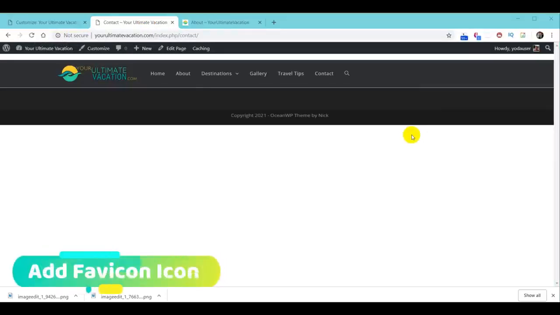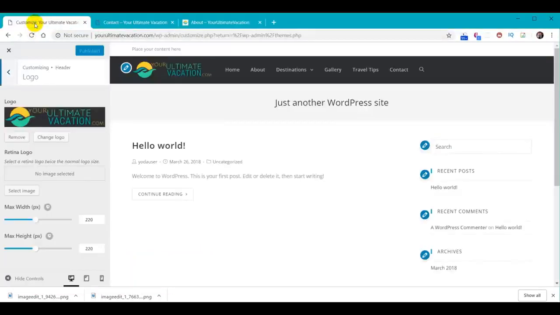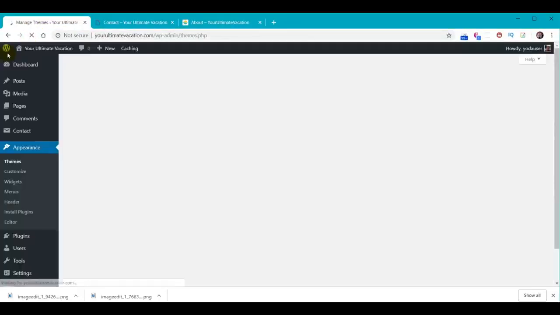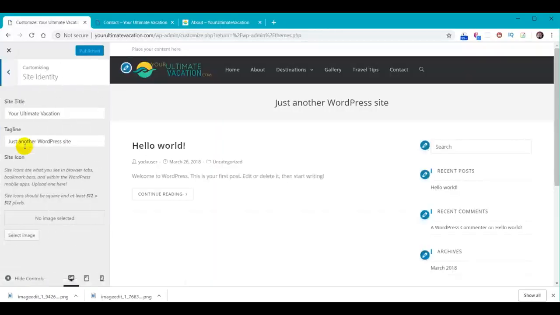Now we're going to go ahead and add our Favicon icon. That's the little icon that'll go right here. So we're going to go ahead and go back to our WordPress admin. And again, for the sake of being thorough, we're going to go back to the dashboard. And from here, you're going to go to Appearance, Customize, Site Identity, and then down here, we're going to select